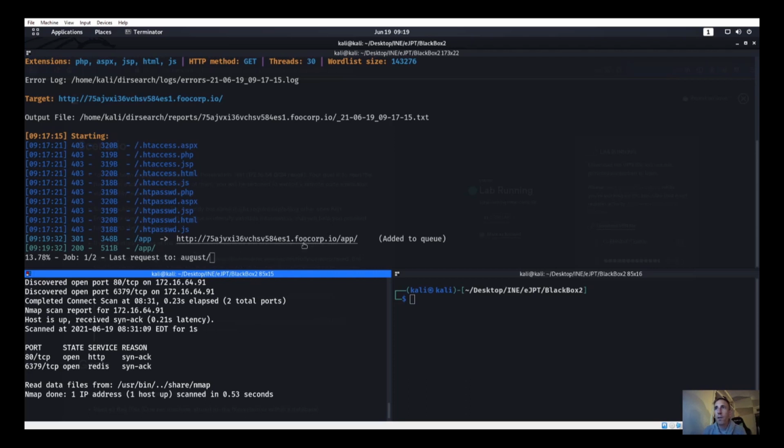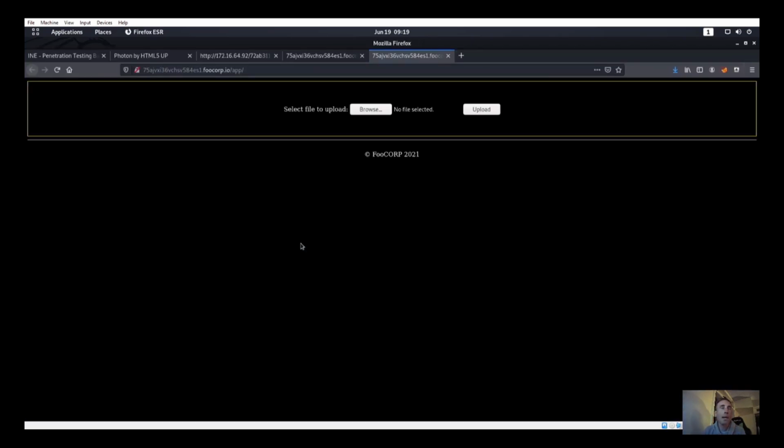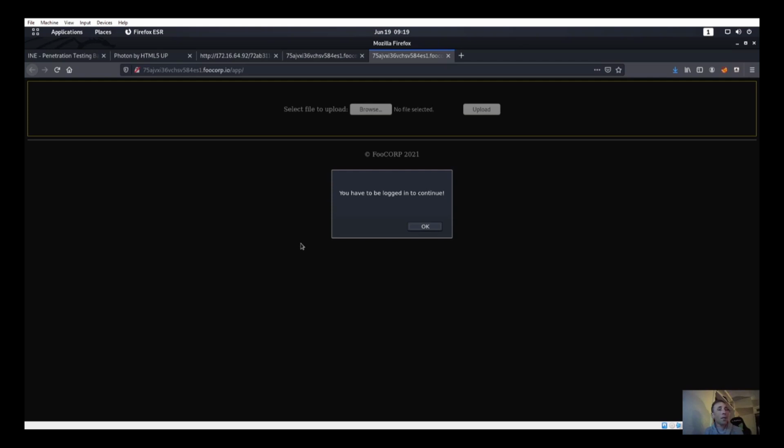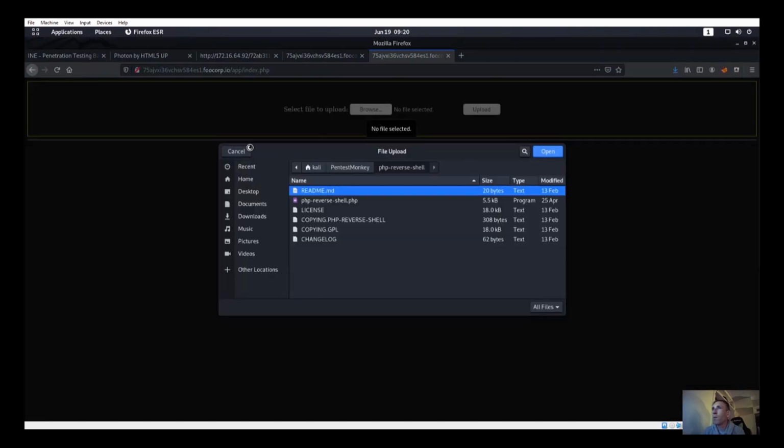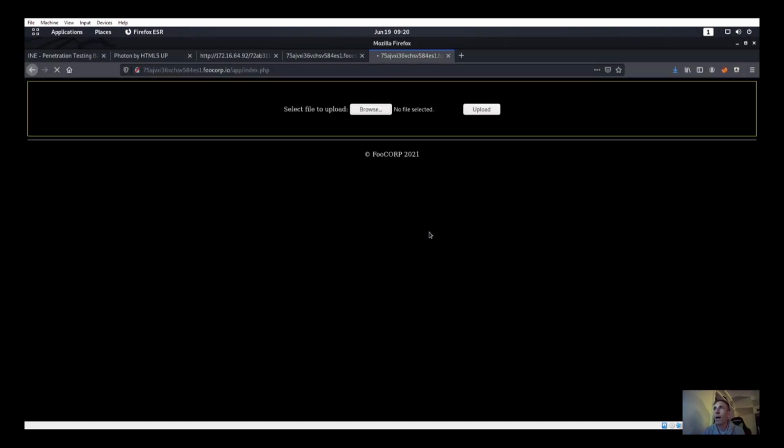Okay. Like I said, this is not OSCP. INE, they do, you have to be logged in to continue. Okay. Well, I'm already here, so maybe I don't. What if I do reverse shell? But INE, they do